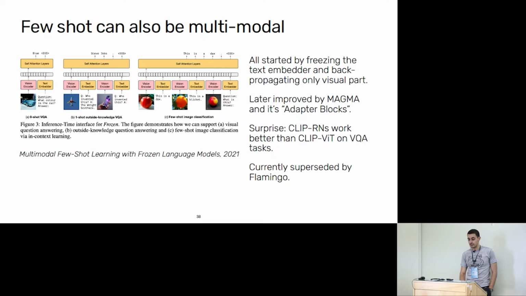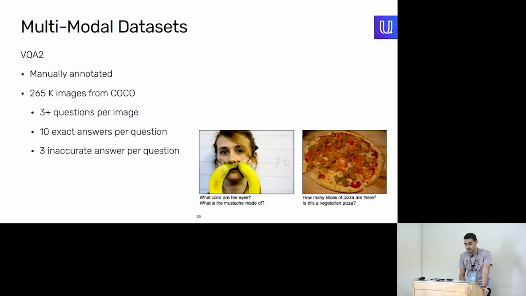So few-shot learning can also be multimodal. And there will be a set of papers that I will just briefly mention. There was this approach of Frozen, which was one of the first few-shot multimodal architectures. As you see, all of the input modalities are interleaved: image, text, image, text, image, text. This would be trained on something like the visual question answering VQAv2 data set with 265 annotated images.